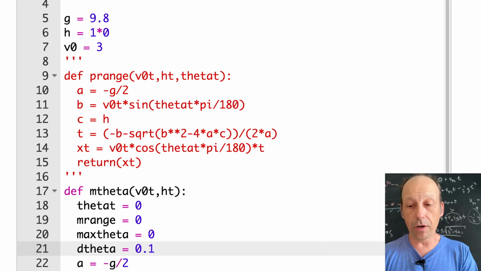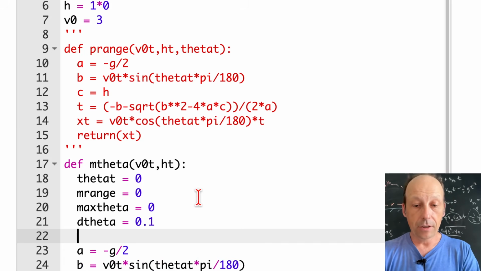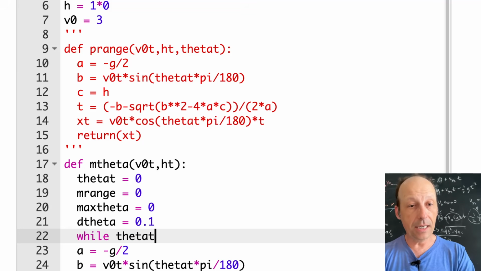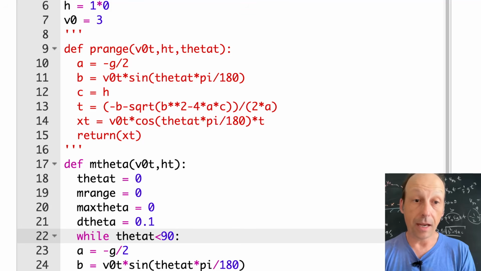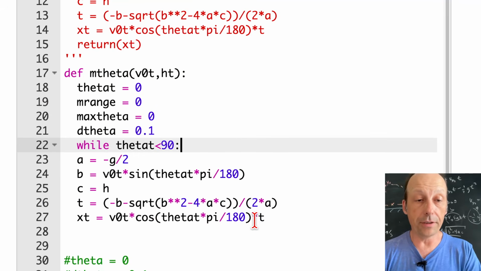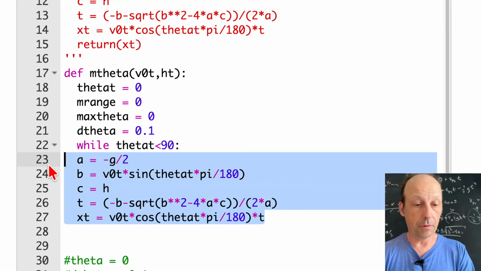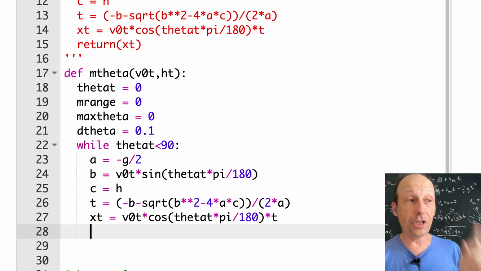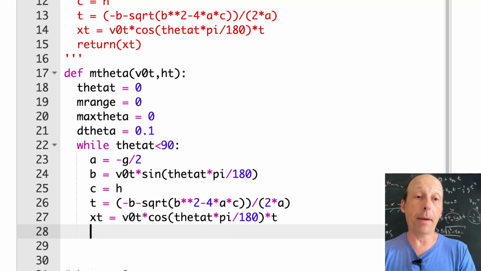Okay, so now we're going to do that same loop that we had. So I'm going to say while theta t is less than 90. And I get reset every time I call the function. So I want to do all this stuff, just like I did before. Okay, so now I have my max range. Now, every time I run this, I calculate the range. What I want to do is to check, is that xt greater than my max range, which I start off